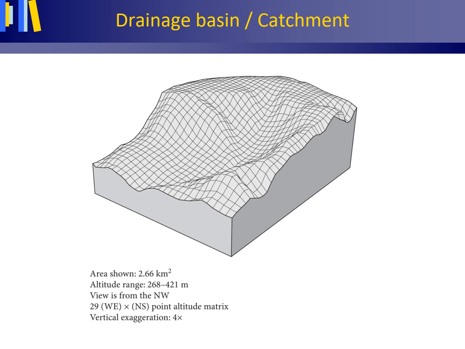This is a picture from my PhD days showing the Kriepsbach catchment in the Goodland in Luxembourg. You can see here the plateau, which is made up of Luxembourg sandstone. Here is the Cuesta rim, and here you're entering into the Keuper marls. All the precipitation that falls on this area leaves the area at this point as surface water flow. So this is an example of a drainage basin, an example of a catchment, or in Dutch, een stroomgebied.